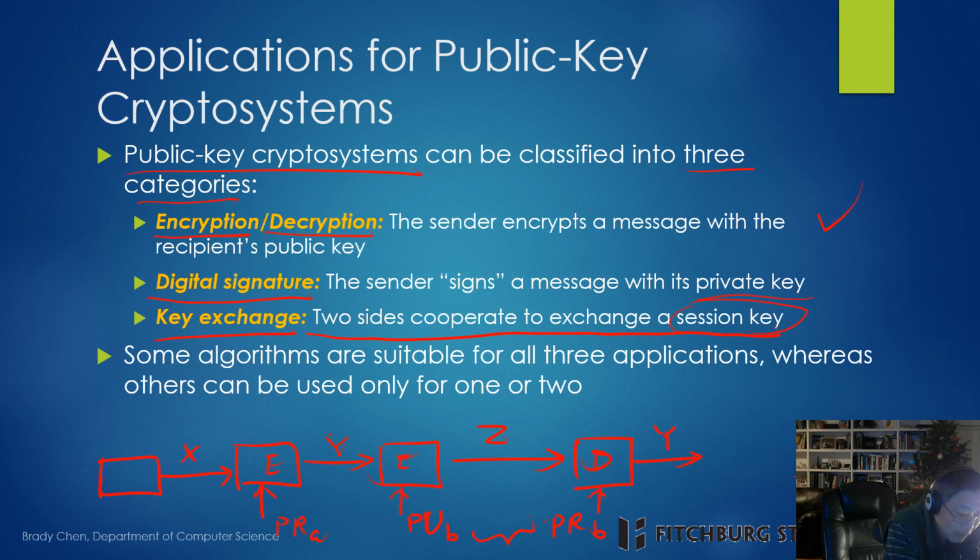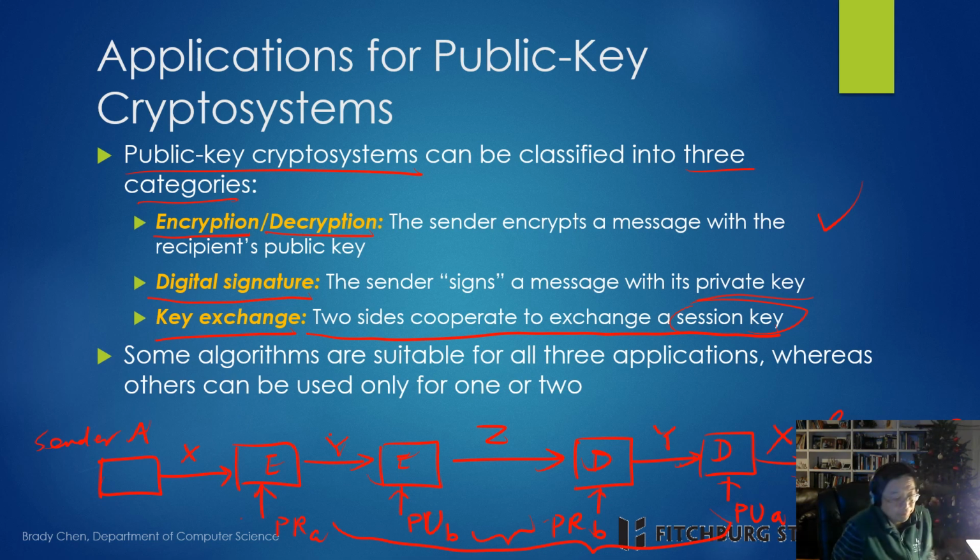Once you get Y, you can decrypt again using the sender's public key, so you restore to X. So you pair these two, right? You basically use all four keys. So you can send a message from sender A to receiver B. However,